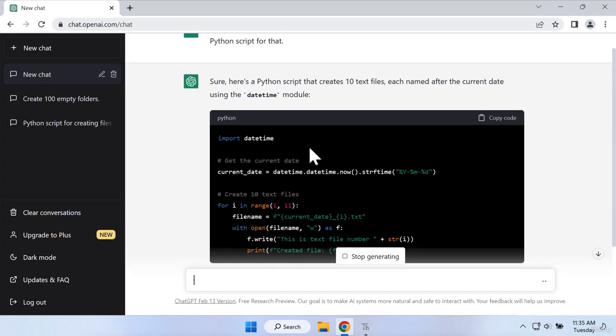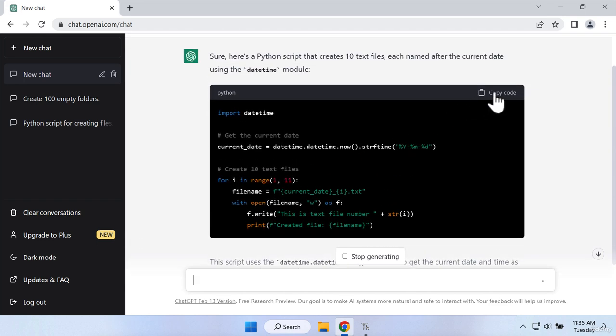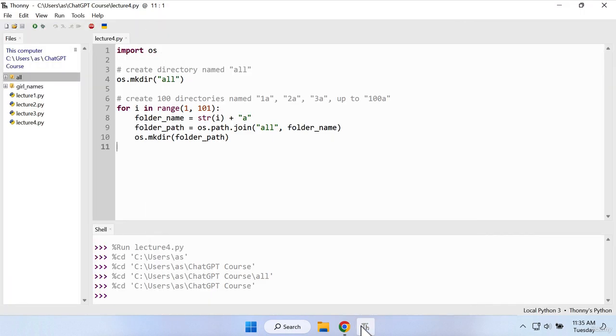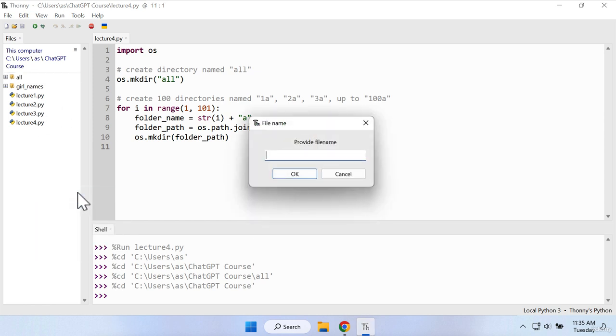So the generation of the code is completed, so I'll just copy the code, go to Thonny, create a new file,